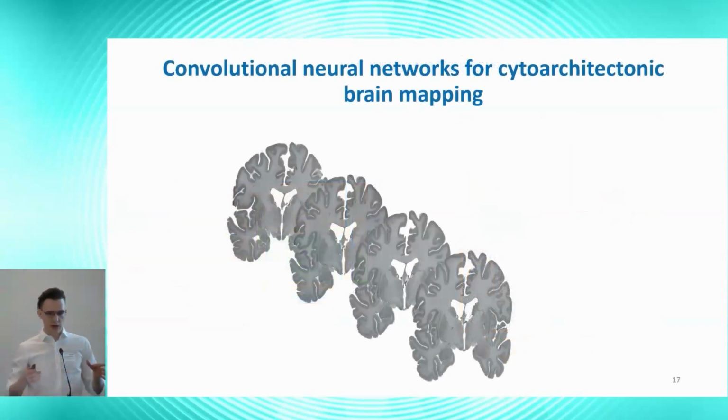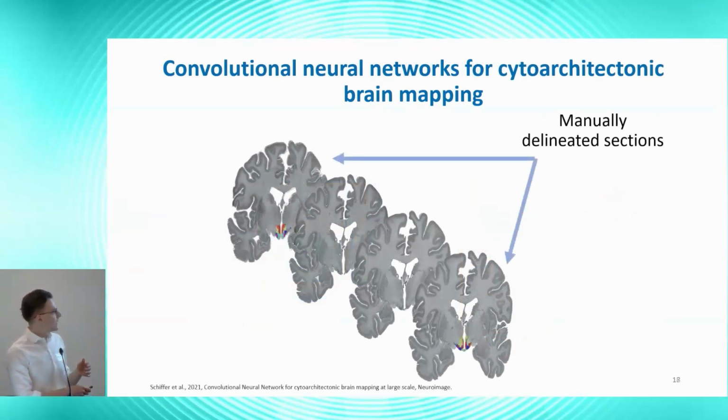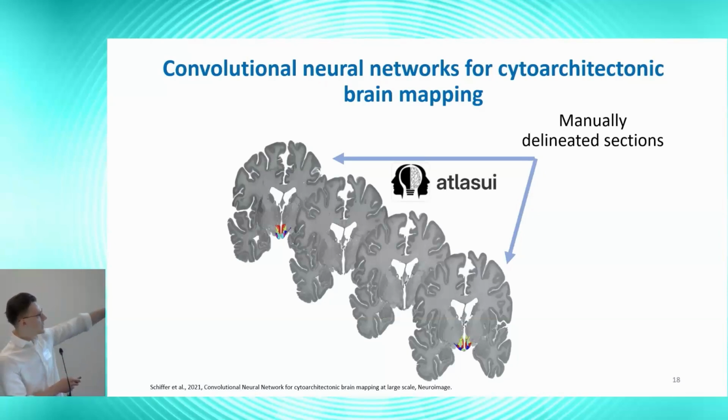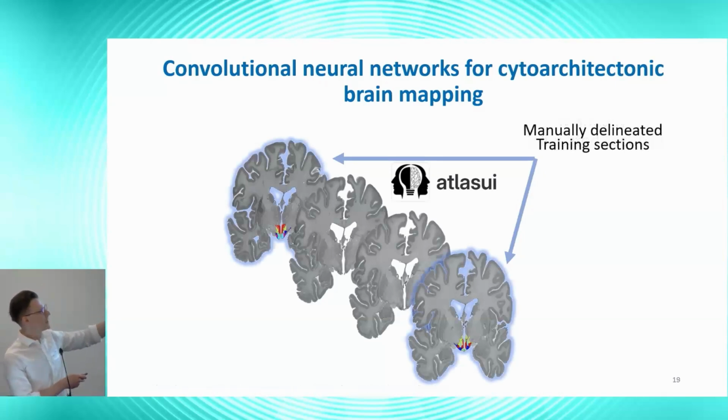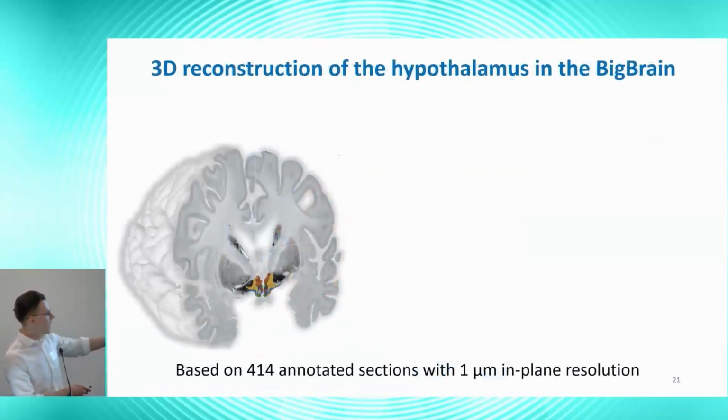As I said, we also wanted to create the 3D reconstruction of the hypothalamus in the BigBrain dataset. For this purpose, I delineated every 10th section in the BigBrain dataset, and then we used the deep learning based tool which was created by Dr. Christian Schiffer from Jülich, and we uploaded my delineations to the Atlas UI software, where these manually delineated sections became training sections. So we trained the model with these sections, and the model itself helps us to predict the delineations in all the sections in between the previously manually delineated sections, resulting in more than 400 annotated sections